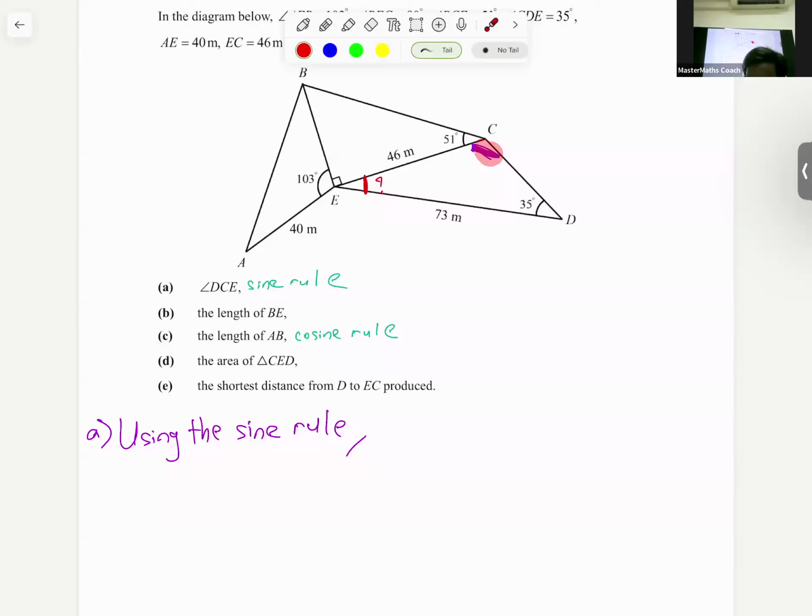So sine of angle DCE over... not yet, not yet. Remember, sine of an angle over the side. Oh, 73. Yes, 73 equals to,